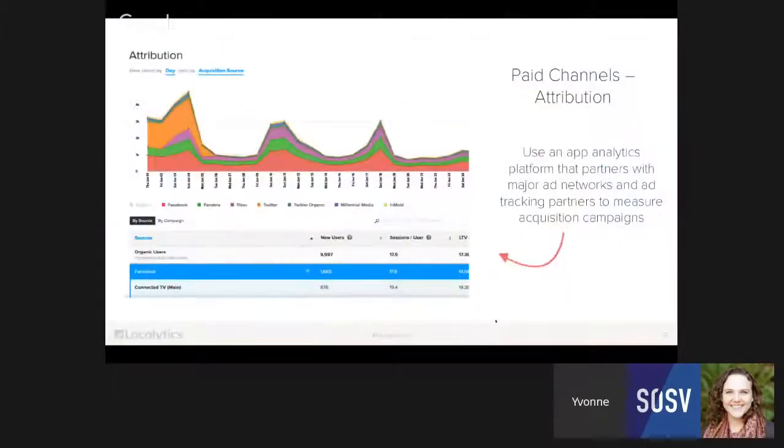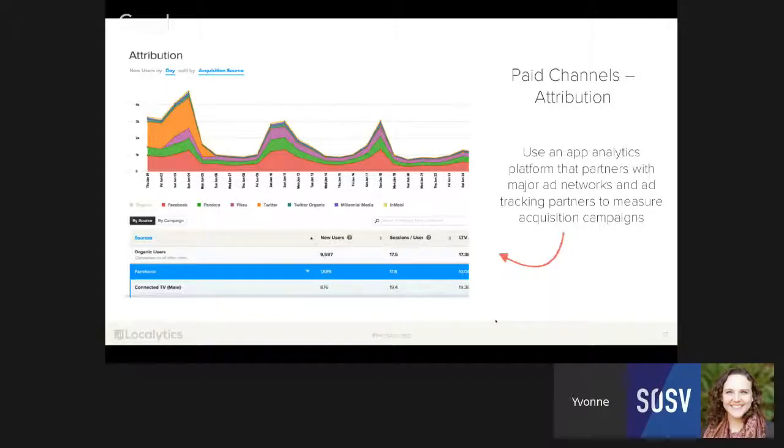And the reason why we talk about this is because at Localytics, we have an acquisition product that we find to be extremely useful for a lot of our customers, which is our attribution product. And so whether or not you use Localytics, an attribution product is really, really important because it's the best way for you to actually be able to attribute loyal users to your ad spend. So it will tell you, out of the different ad tracking partners or ad networks that you might be running ads with for acquisition, which one is actually giving you the biggest bang for your buck? Which one are you acquiring your most loyal users from?